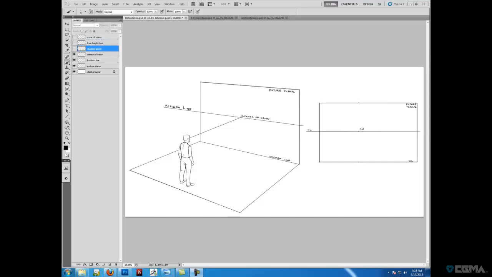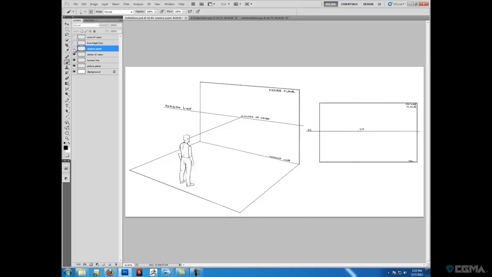Now, when doing a perspective setup, we need to know how far away our viewer is from the image plane. Now, our viewer doesn't necessarily have to be a human. It could be a creature, it could be an insect, it could be anything. It could even be just a camera. Now, normally when drawing for concepts, this point isn't as important anymore, but it is good to know for 2 reasons. It will help you find your cone of vision, which we will cover shortly, and it will help with